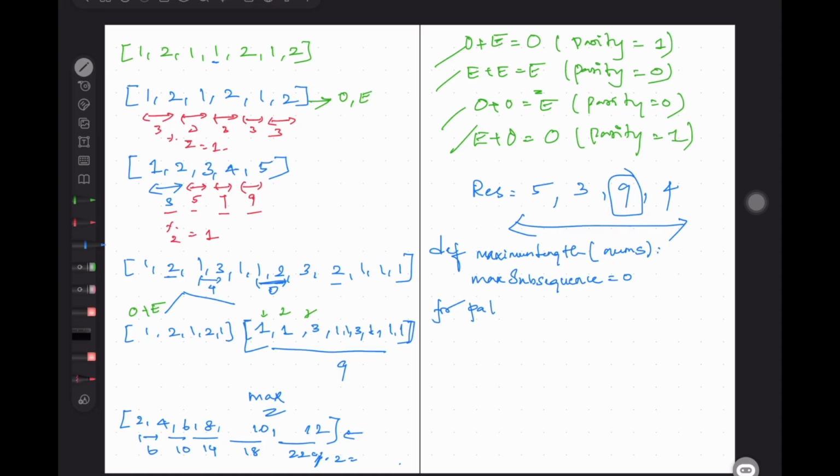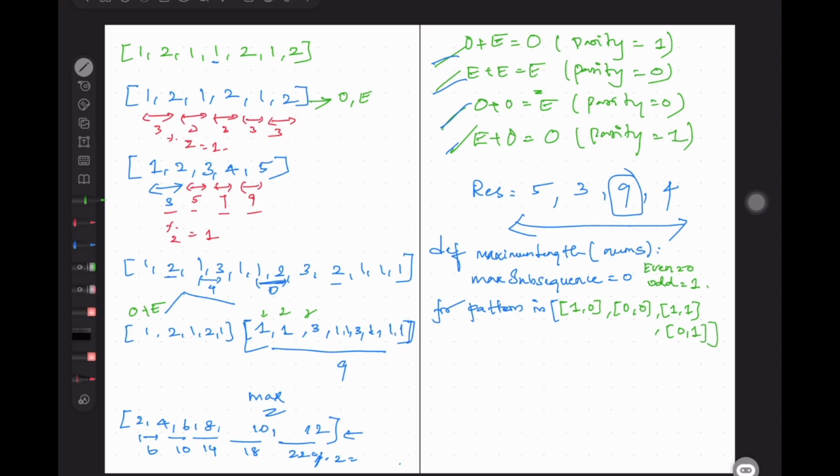We are going to check 0 0. Even I am taking as 0. For odd I am taking 1 here. So now odd plus even is 1 comma 0, even plus even is 0 comma 0, 1 comma 1, 0 comma 1. So I have all these possibilities.